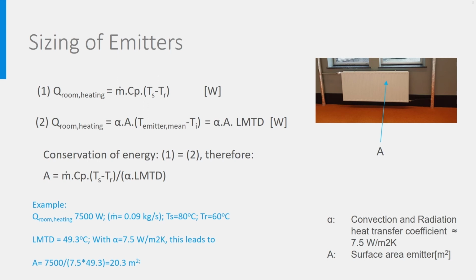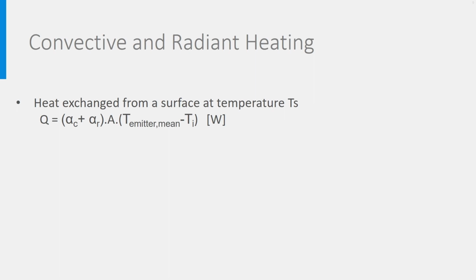Producers of radiators have generally done all these calculations for you, and you will just find product descriptions describing the size of the radiator and for which maximum heating capacity it is suitable. We described 2 slides ago that the heat transfer coefficient alpha consists of a convective and a radiative part. When it comes to products on the market, it is very confusing that producers sometimes categorize their emitters into radiant heating or convective heating. In fact, all products always have both components according to the laws of physics.